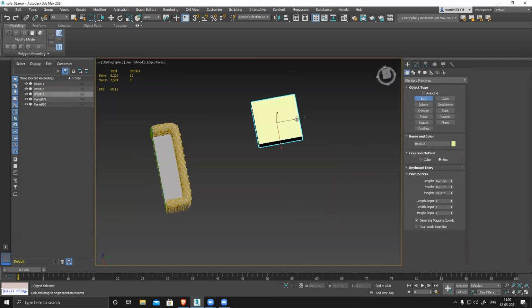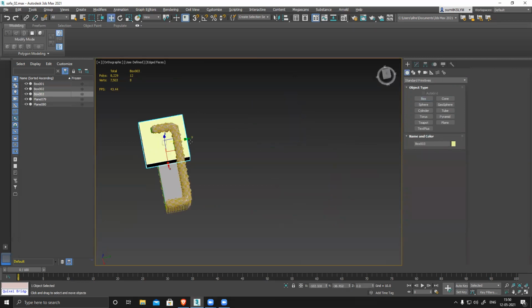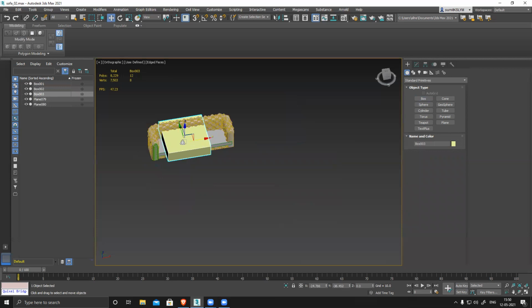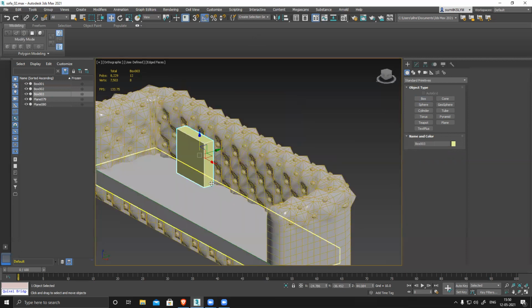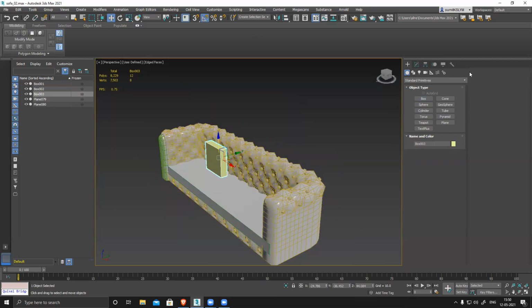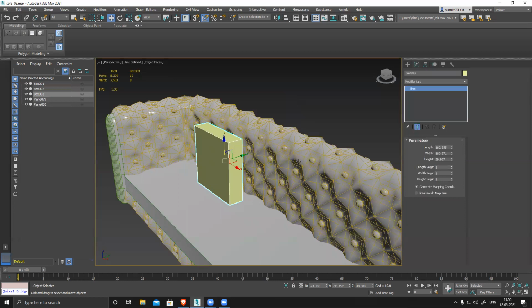Okay, let me bring it here. It's way too big. Reduce the size here. Rotate. Oh, my bad. Angle rotate 90 degrees. The box is fine. I have to use a box only, but this box won't work properly because I need to reduce the thickness.